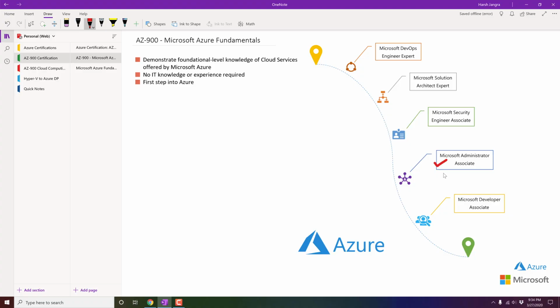Also, if you are interested in, let's say, software or SQL, and you are very much interested in the software line, then I think this would be the right choice for you. Similarly, if you like cybersecurity, you are fond of securing infrastructure, you are fond of managing enterprise security, I think this would be the right certification for you after Microsoft Azure Fundamentals.